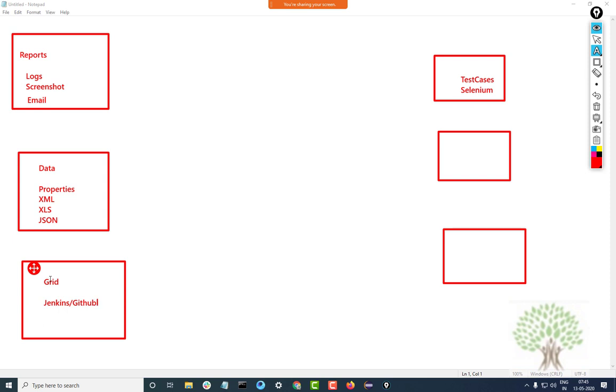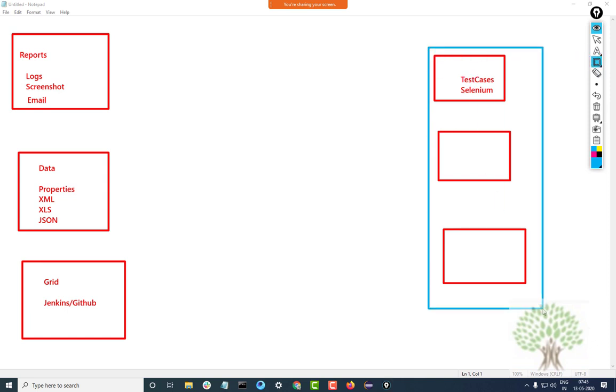If you talk about Selenium, then Selenium as a tool is just in this blue box. Selenium will have commands which will just interact with the browser. Selenium will not help us read data, it will not help us generate reports or anything.